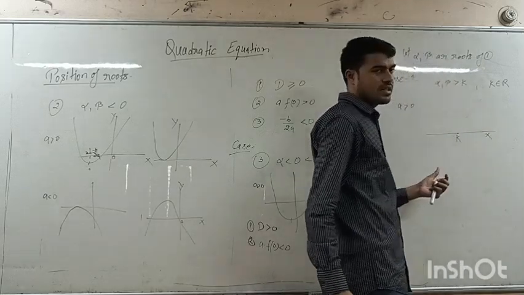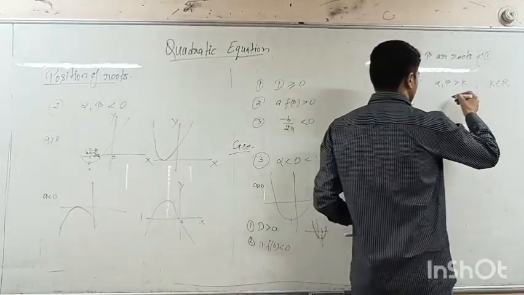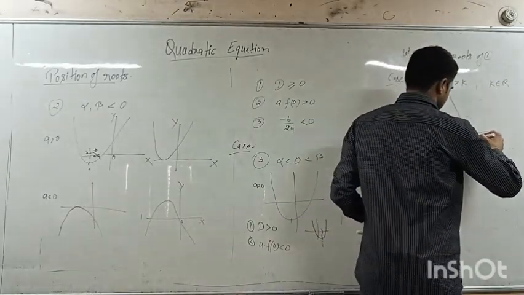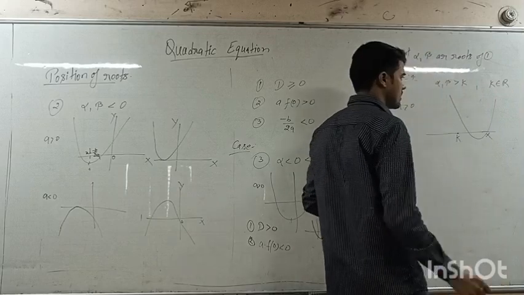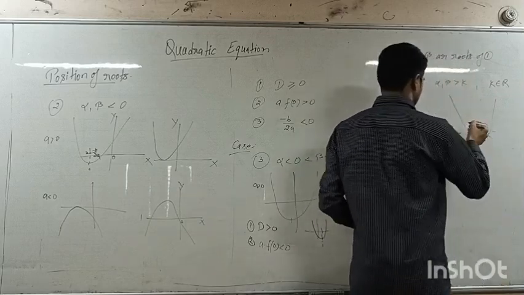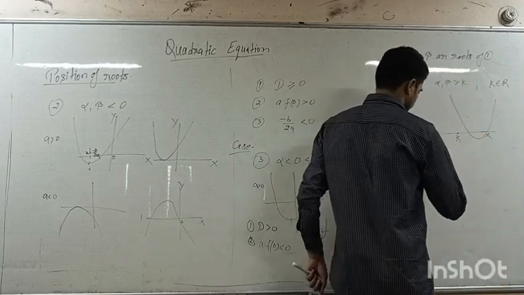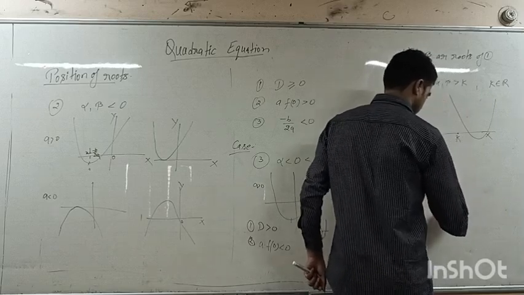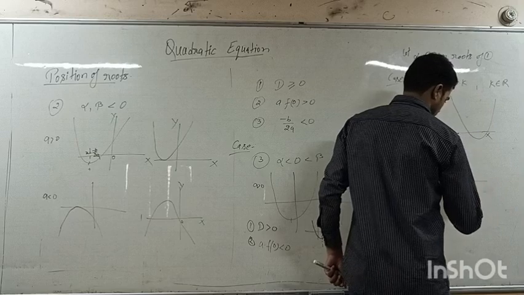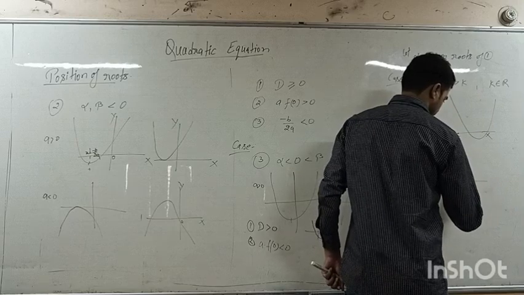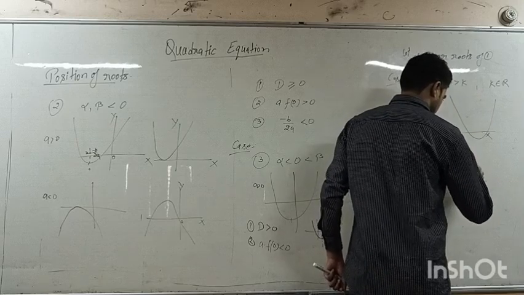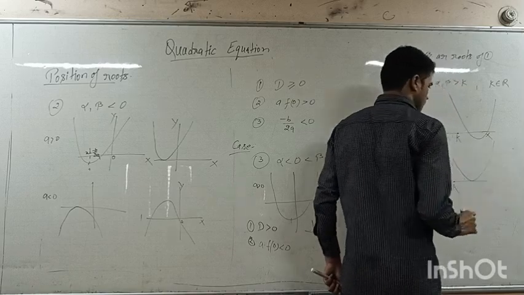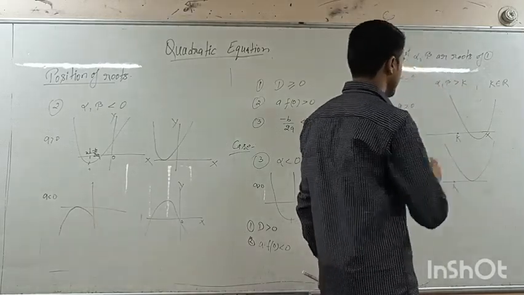And if alpha and beta are greater than k, then what will be the graph? The graph can be this. Or if the roots are same, then here is k, and the graph can be like this. Okay, if a is greater than 0